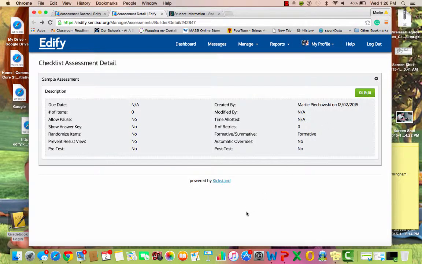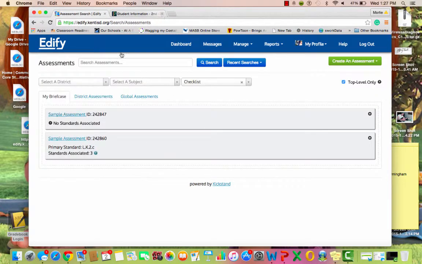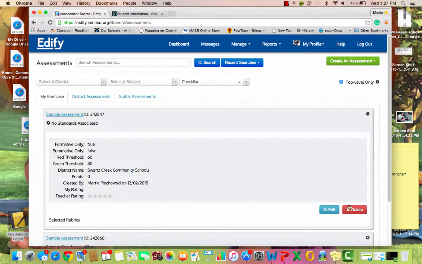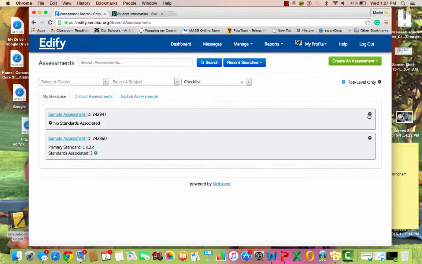Where's the delete button? If you hit the plus, you expand it. Go back to your assessment search tab. Click the plus. Then you can delete right there or edit and make changes. That's how you build a checklist assessment. Go back to your